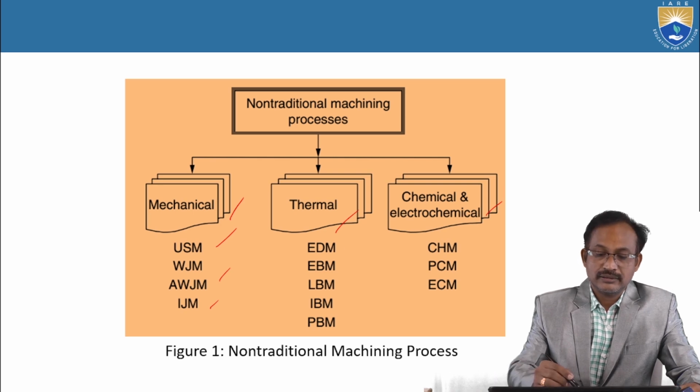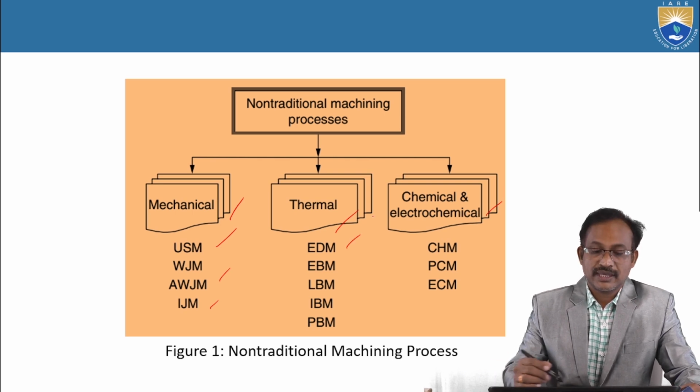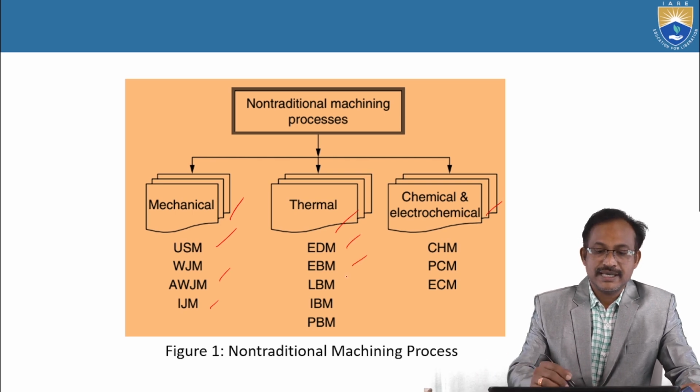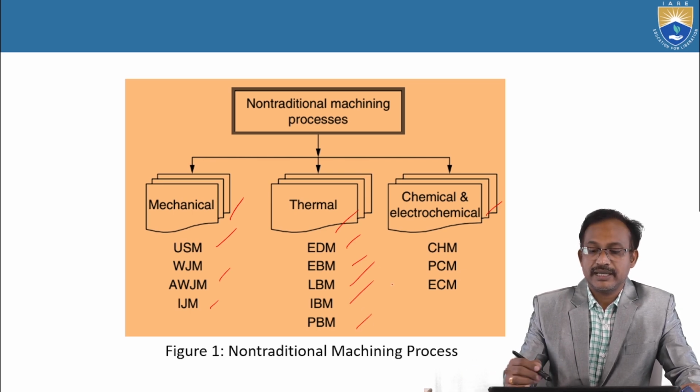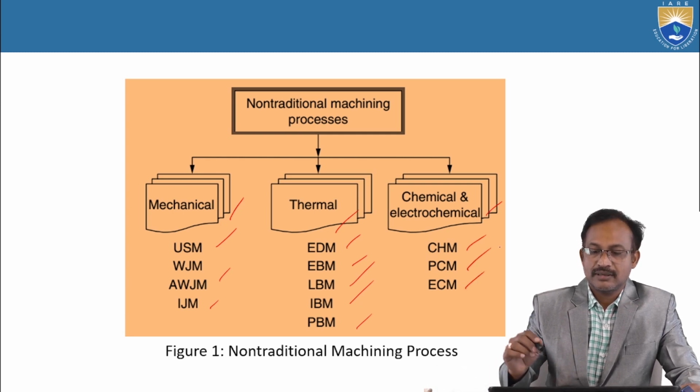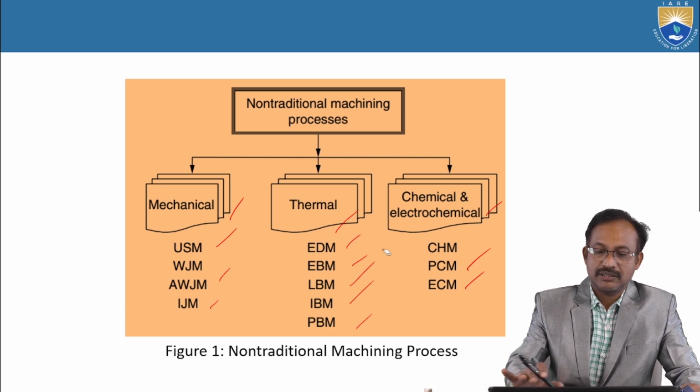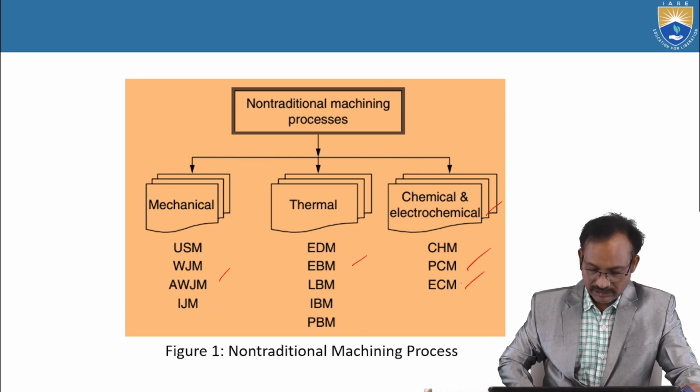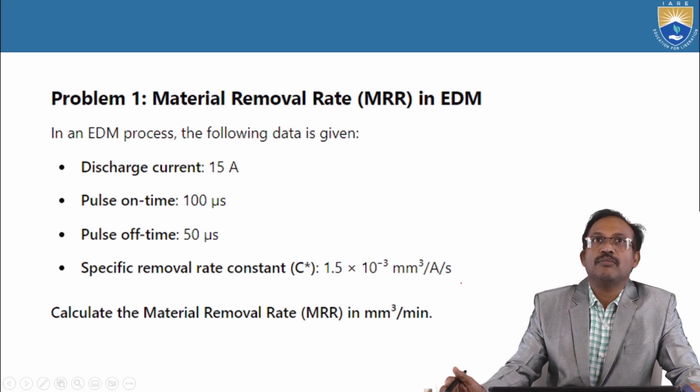Under thermal: electro discharge machining, electron beam machining, laser beam machining, ion beam machining, plasma beam machining. Under chemical and electrochemical: chemical milling, plasma chemical machining, photochemical machining, electrochemical machining. Now let us go to the problems of